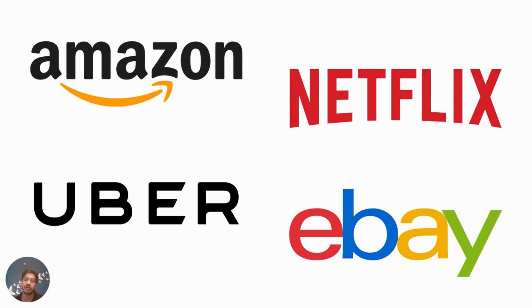Then Netflix is also one of the examples, Uber, eBay. I'll give you an example which is still a monolith: Instagram, and then comes Stack Overflow. These are two of the major companies which are still running on a monolith architecture. Although they have scaled out at a humongous scale, they're still a monolith.